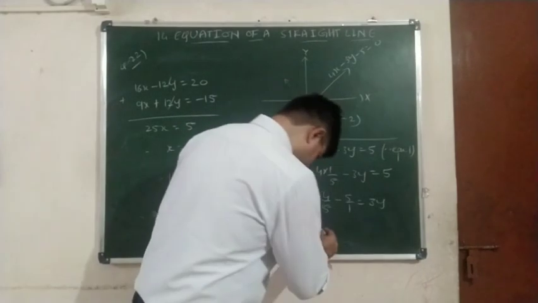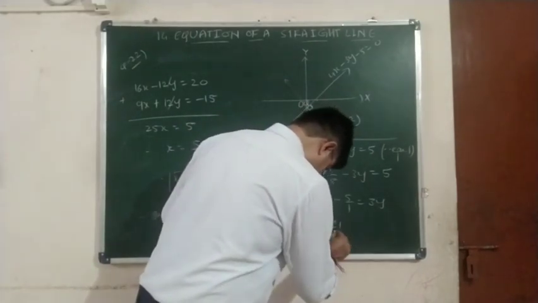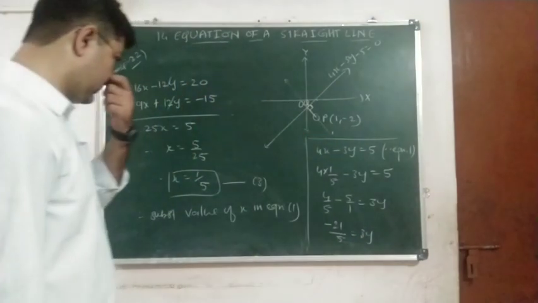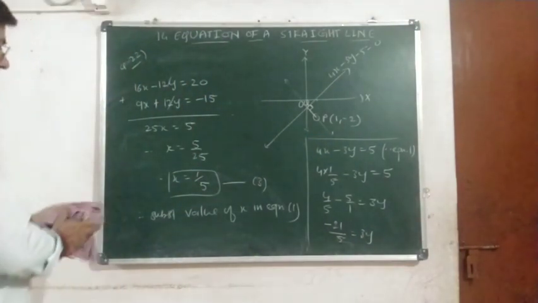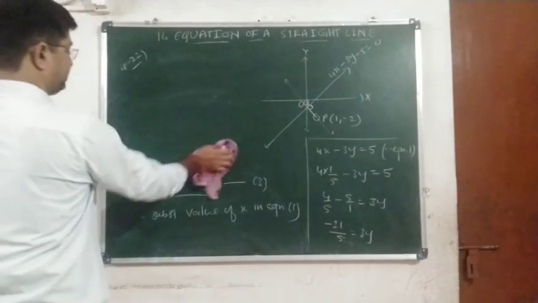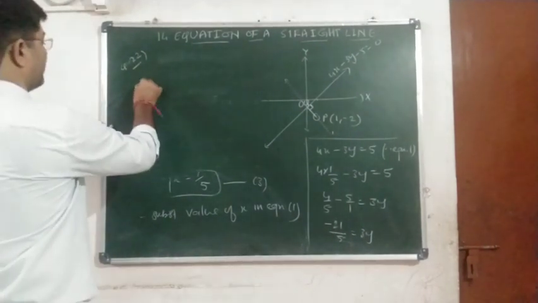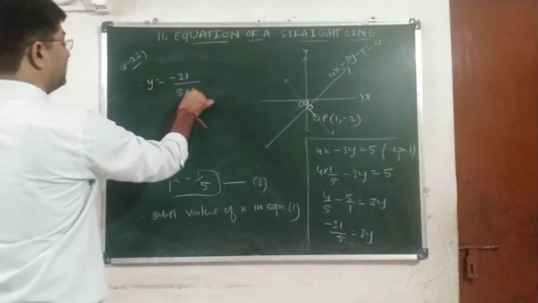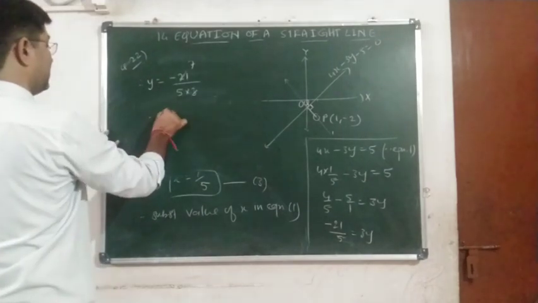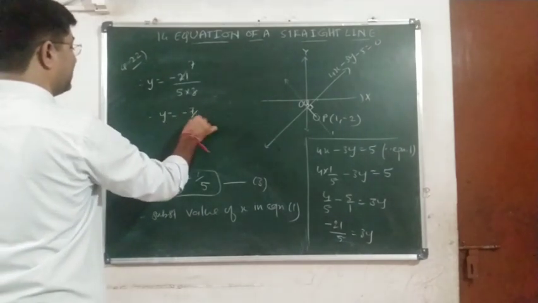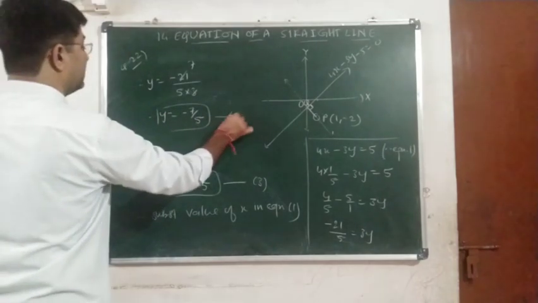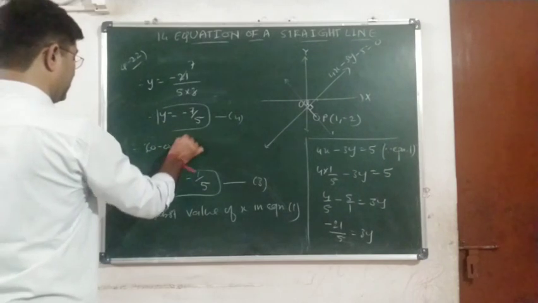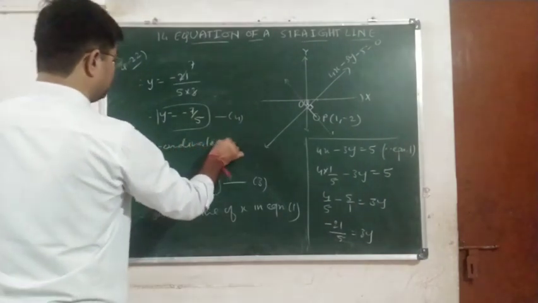5 fives are 25, minus 4 will be minus 21 upon 5, into is equal to 3y, and therefore finally we will get y is equal to minus 21 upon 5 into 3, that is minus 7 upon 5, and therefore the coordinates